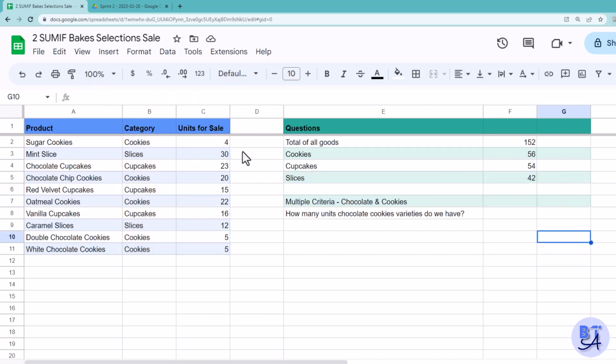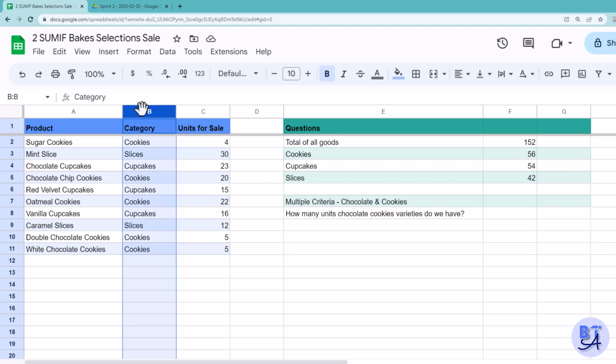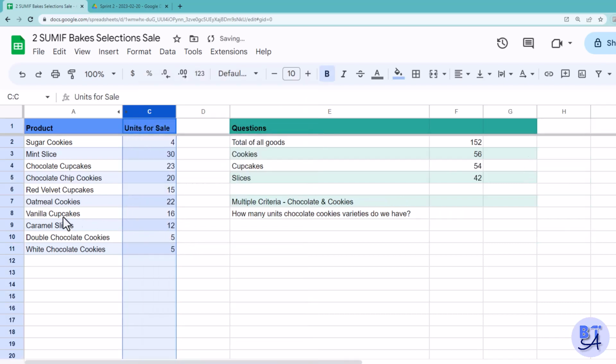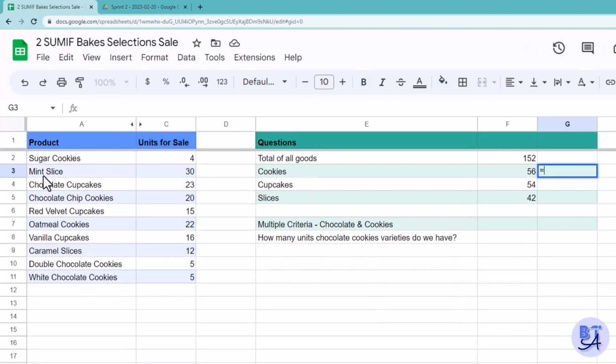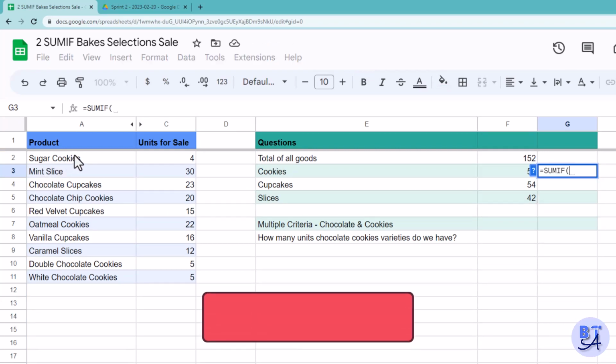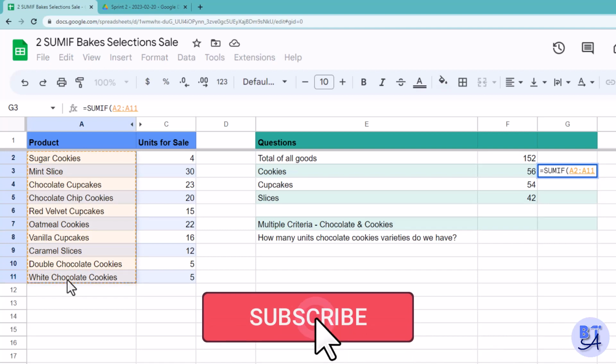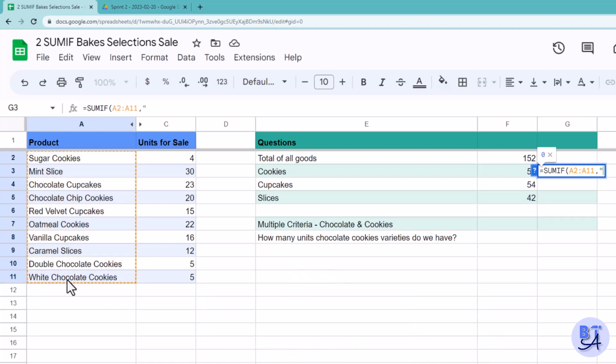So what if we want to do the same thing, but we don't have the category? Let's just hide this for a minute. So our data looks like this. We can do the same thing with the SUMIF function and then look up the product name. Then we need to tell Google Sheets what to look up.